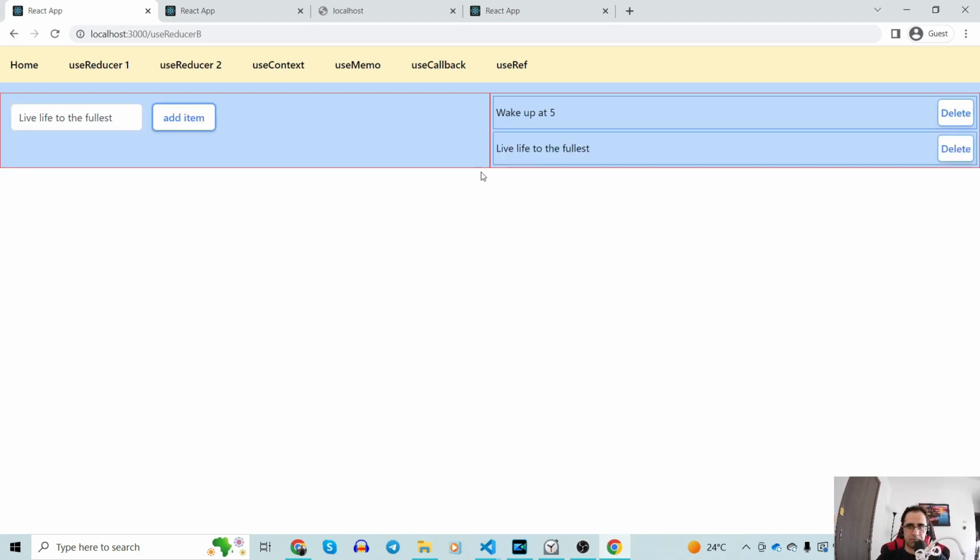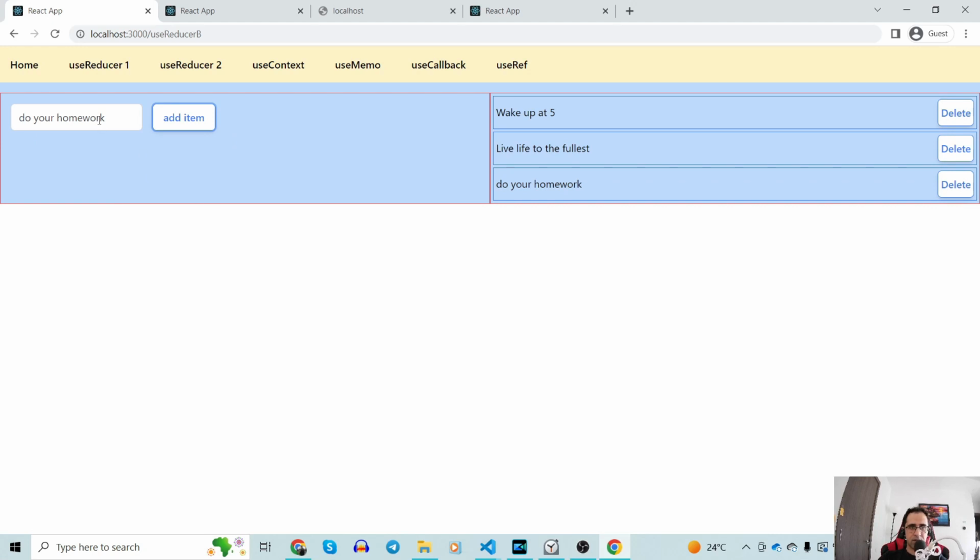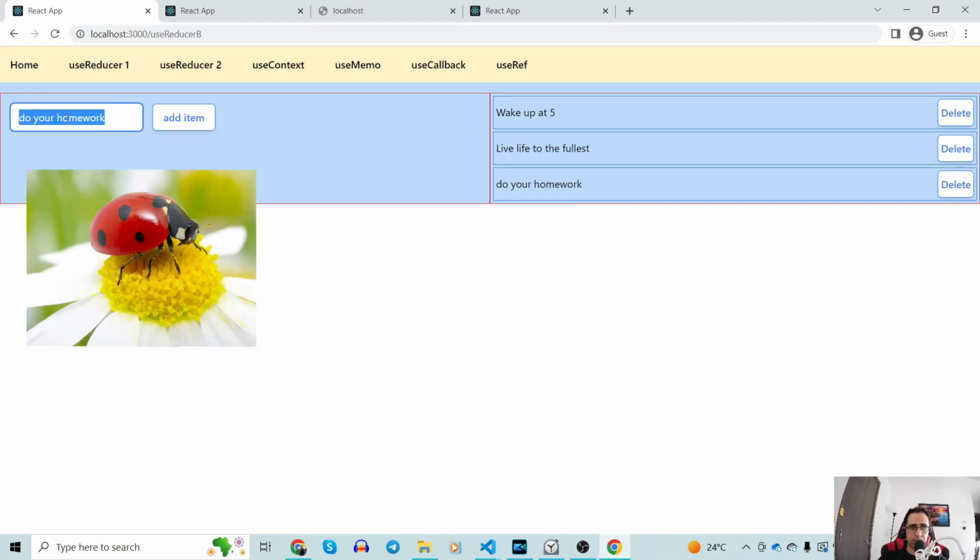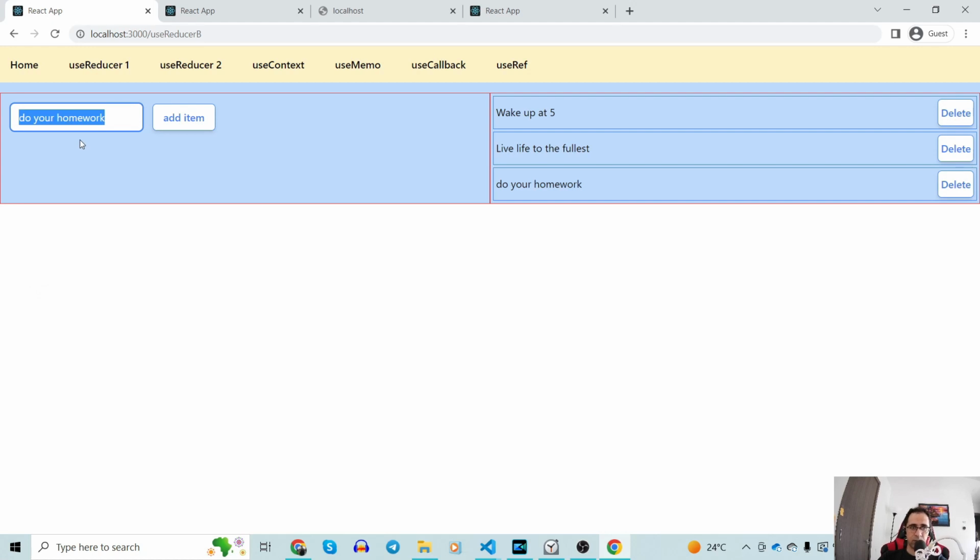Add the second item, and here it is. As you notice, while I am adding something here, the previous text still appears on the input. For example, if I write down something and click on add item, still this text appears here. So this is normally a bug. We need to get rid of this and create a system in which, while you click on add item, the